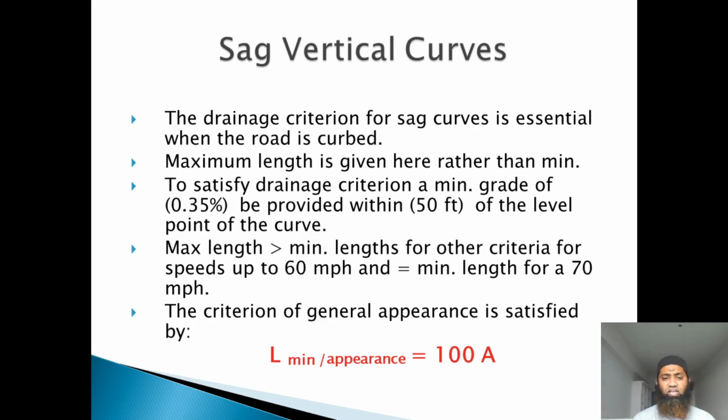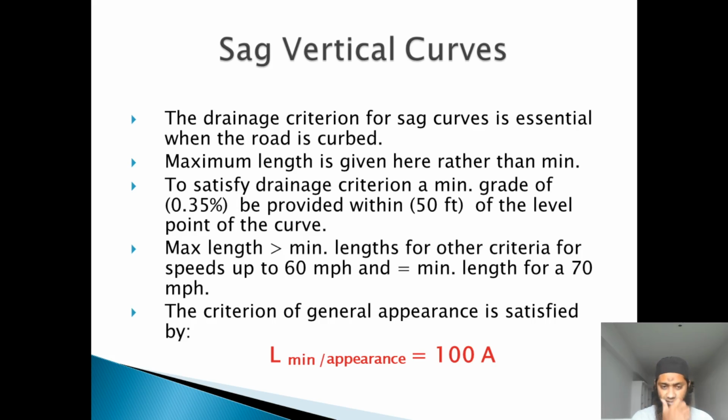So this is also there. We have to satisfy the drainage condition as well as the grade. They should be maintained. Maximum length should be greater than the minimum length for other criteria. For speeds up to 60 miles per hour, you can see it should be maximum rather than minimum. Minimum length for 70 miles per hour: 60 is what we have seen, and 70 is what you had seen